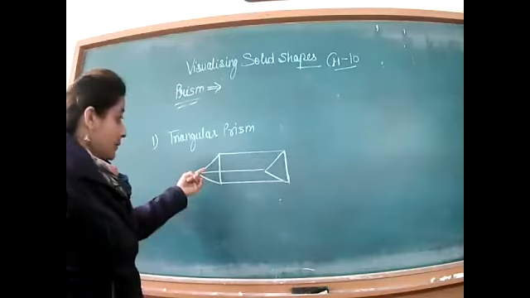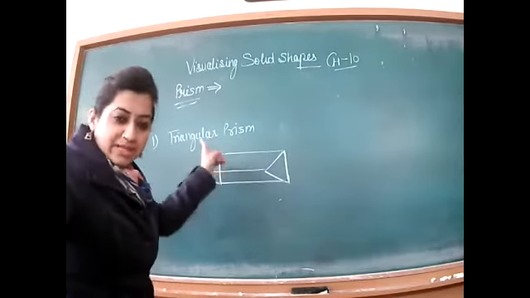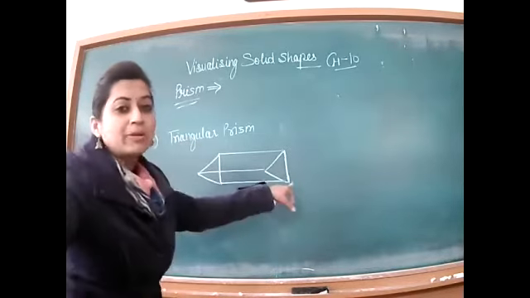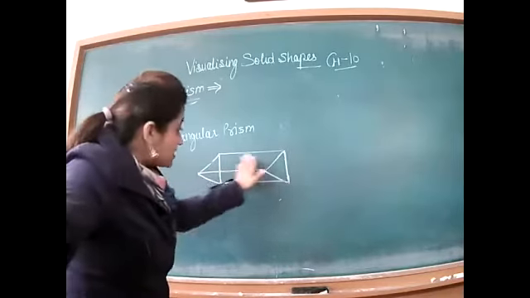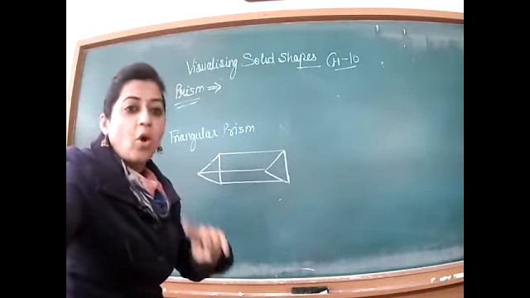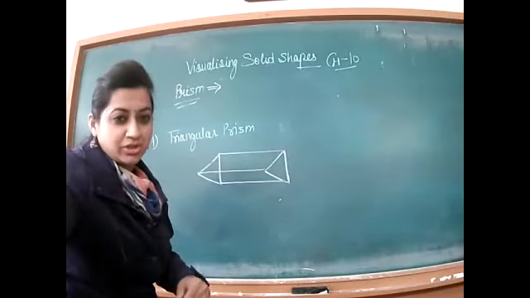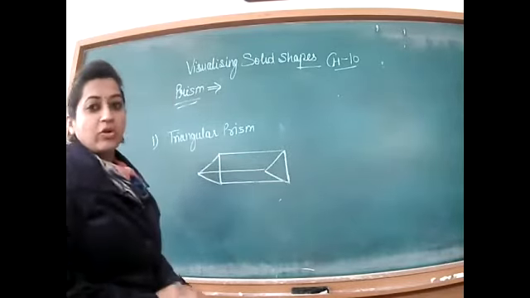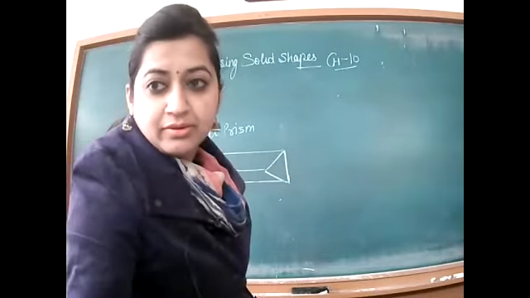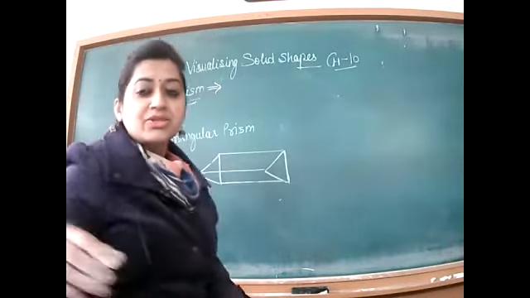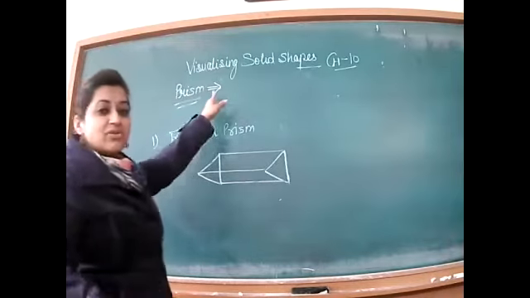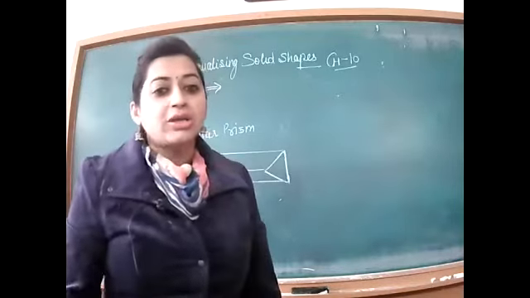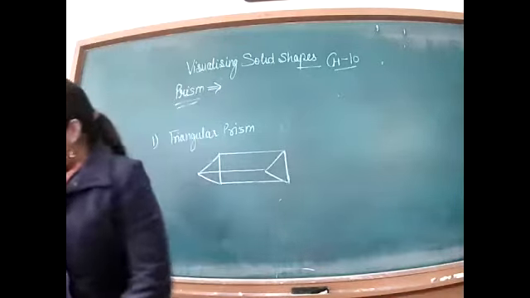As the base is a triangle, the name is triangular. If the base is a square, it will be a square prism. And one more thing, in case of the triangular prism, or any prism I can say, the top and the bottom are the same, and the side faces, meaning lateral faces, are always parallelograms. These side faces are parallel to each other, and the upper and the bottom face are always the same. Is it okay? So let's write the definition of prism first, then we will derive the general formula for all types of prism. Write down the definition of prism.